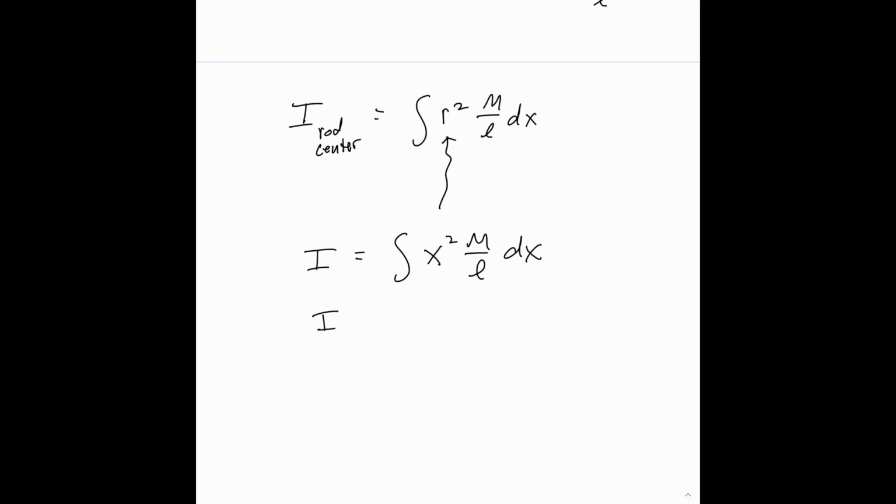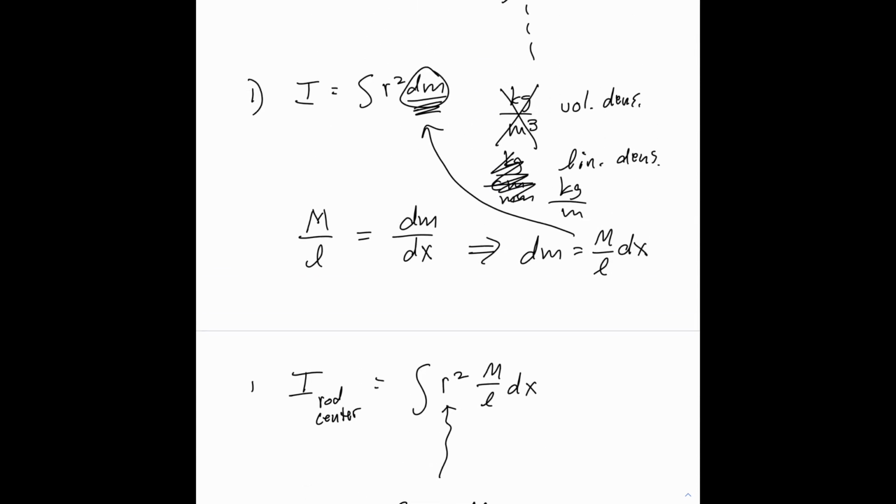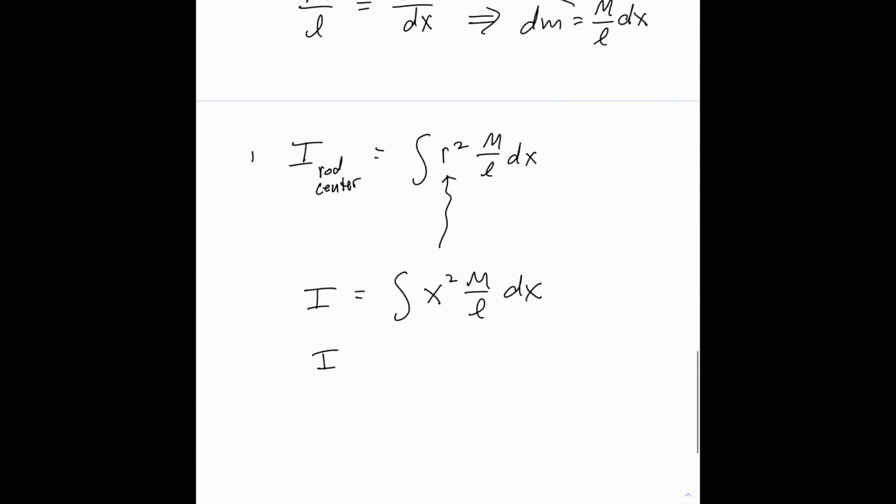So this is step number 1. Here's step number 2 of our derivation, step number 3. So on to step number 4. We take out of the integral sign whatever we can, and we're left with the integral of x squared dx,